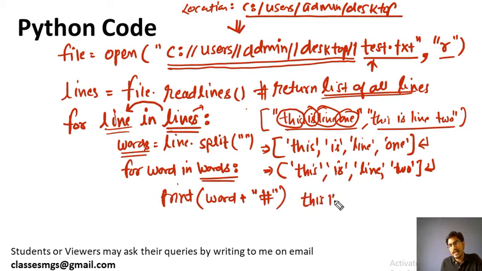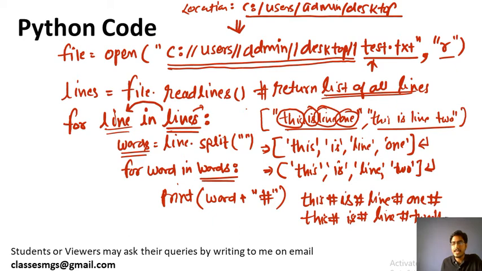This, then hash, then each, then hash, then line, then hash, then 1, then hash. Same again for the second line. This is line 2, like this the output will be generated. Okay, and at the end of this for loop, we will close this file, and at